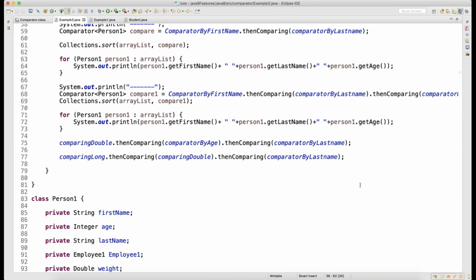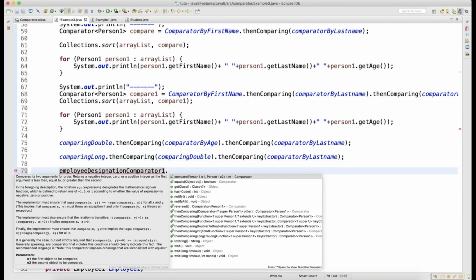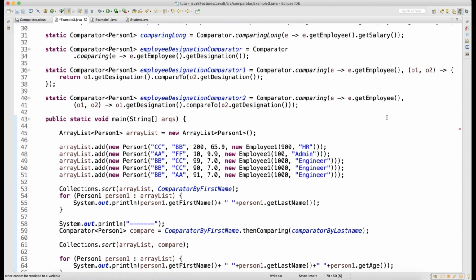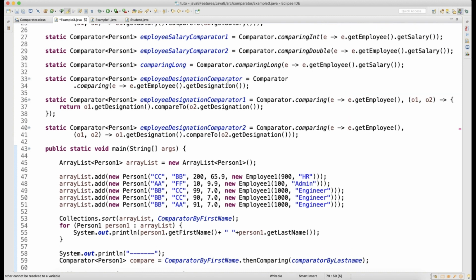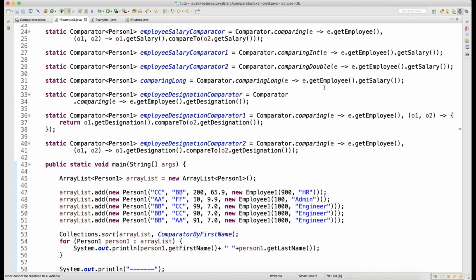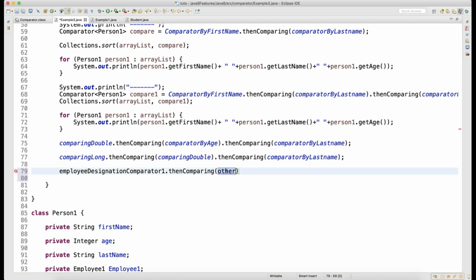We can write like this, employee designations dot comparing, and we can compare, let's say, designations, and then we have written something for employee salary. So this is employee salary, right? Then we can compare with the salary. So this will also work fine, right? You got it now, the fair idea of how thenComparing works.